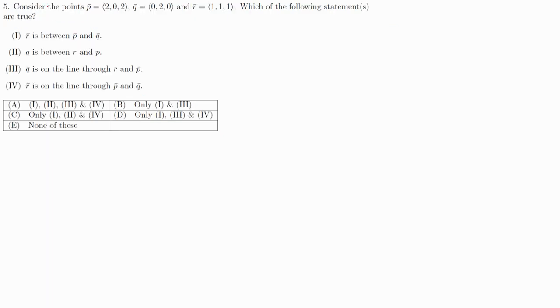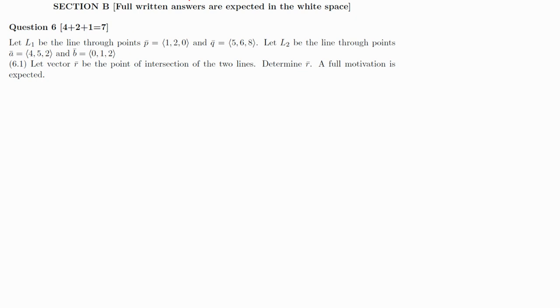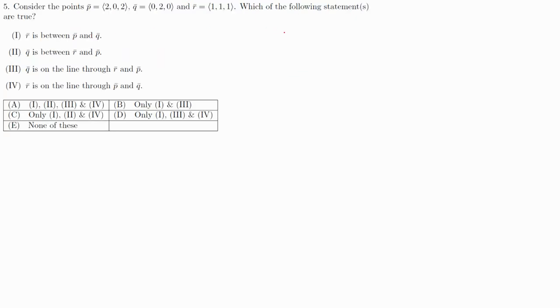Perfect. Now, consider the points P, Q, and R. Which of the following statements are true? So we need to go test these. Okay. So R is between P and Q. To test if R is between P and Q, we need to check, is R, 1, 1, 1, equal to, let's choose one of these points as a starting point. Let's say